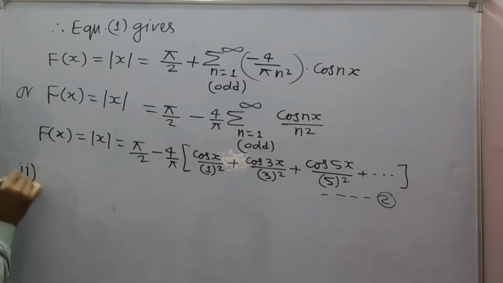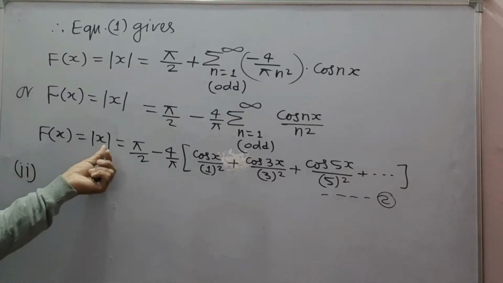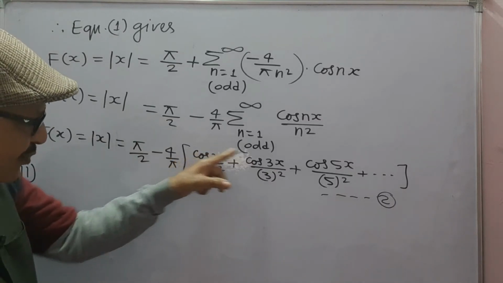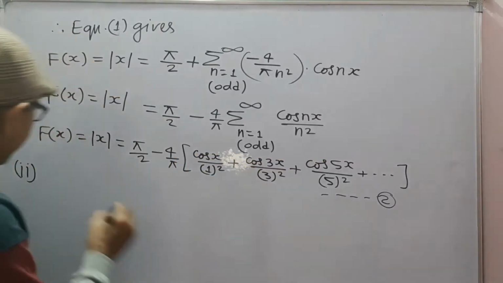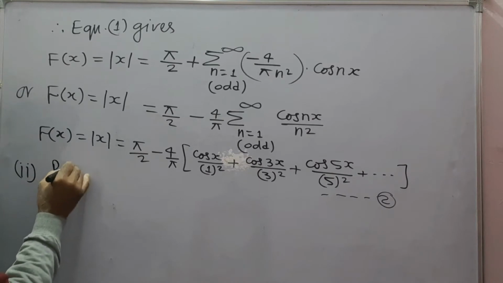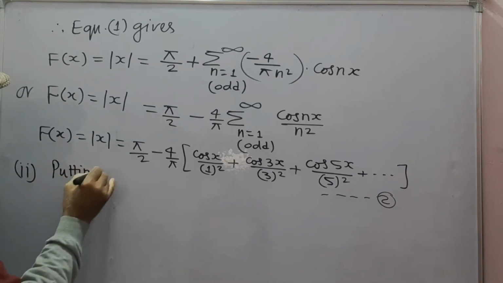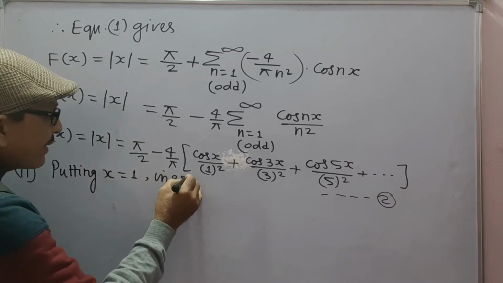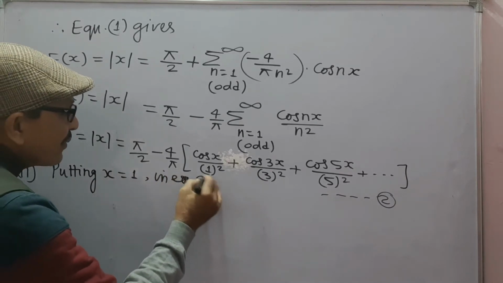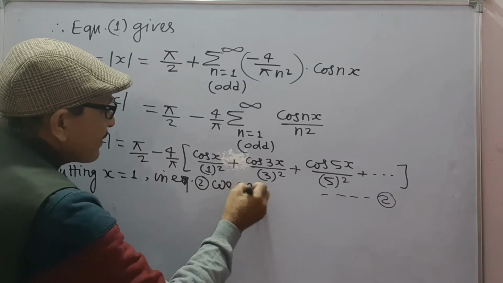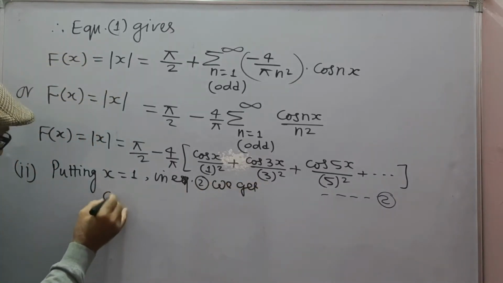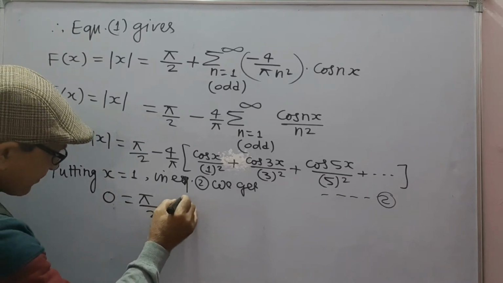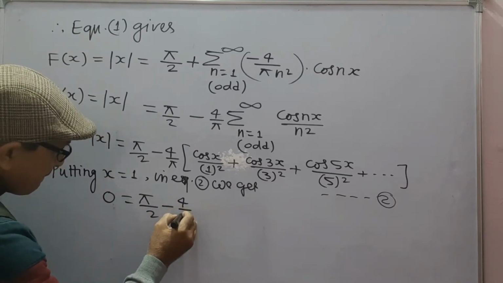Now in the second part, if we put x = 0, this becomes 1, 1, 1 and so on. Putting x = 0 in equation 2 we get 0 is equal to pi/2 minus 4/pi